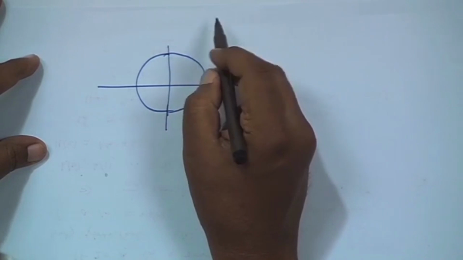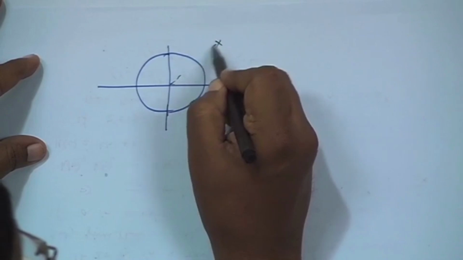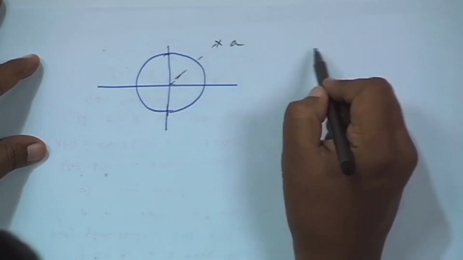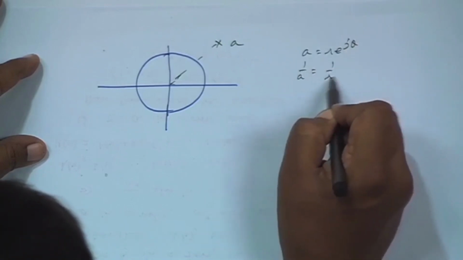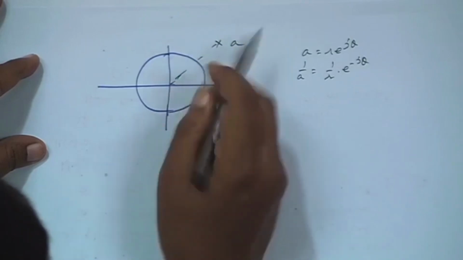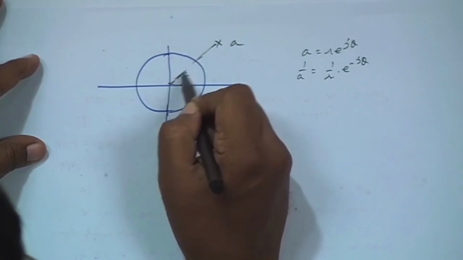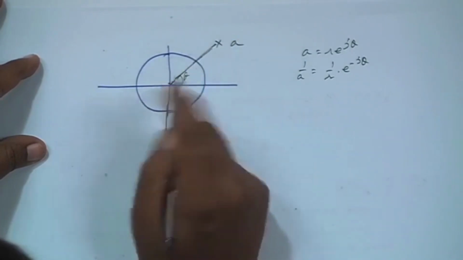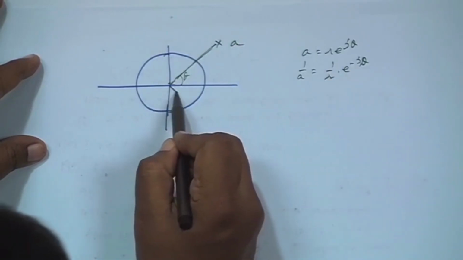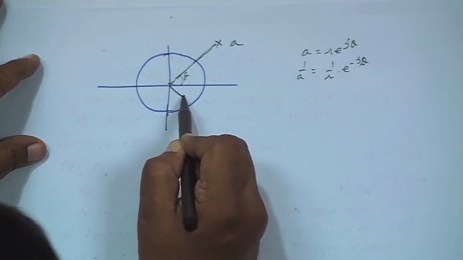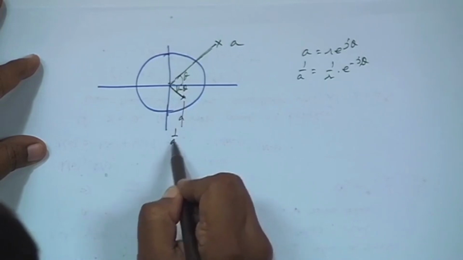If there is one root here, say a, suppose this is r e to the power j theta, then 1 by a is 1 by r e to the power minus j theta. Here r is the magnitude, so much is r and this angle is theta. Now, r greater than 1 means 1 by r will be less than 1, and the angle is now minus theta in this direction. So here will be one root, this is minus theta, this is your 1 by a,